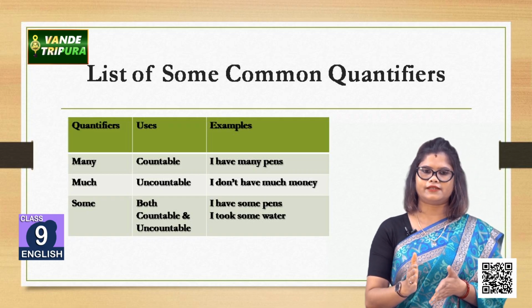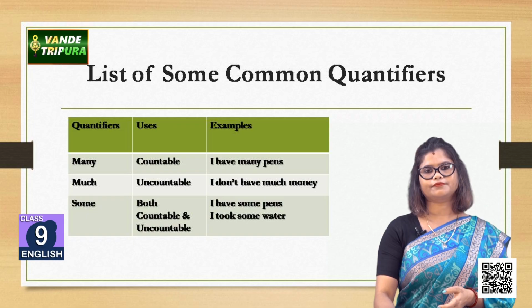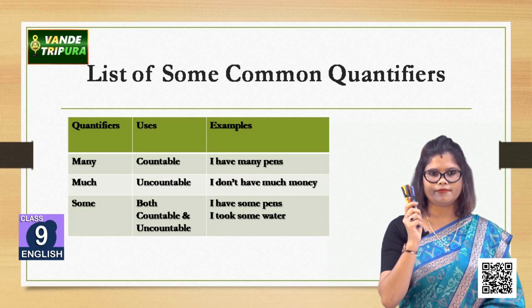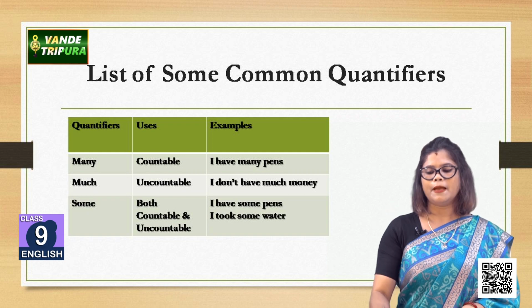There are some more common quantifiers, for example many, much and some. So many is actually used for the countable numbers. I have many pens, আমার কাছে অনেক কলম আছে, I can count it, so these are countable numbers, and many goes with the countable numbers. How many দিয়ে কোশ্চেন করতে পারবো।